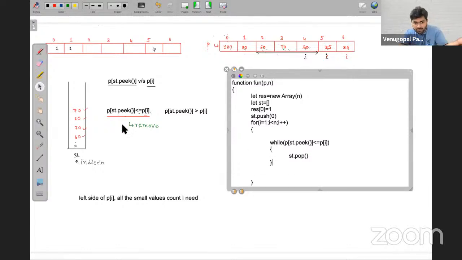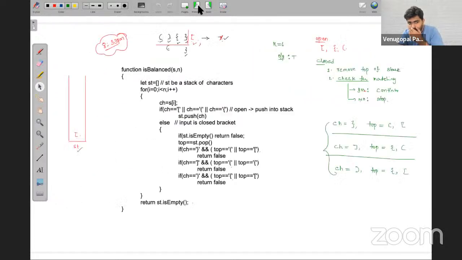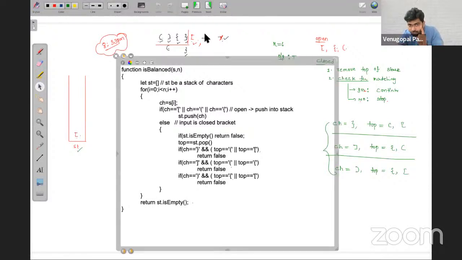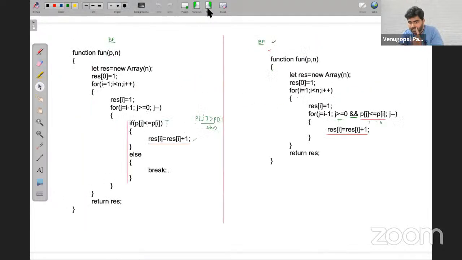Same thing what I said in form of a story, I convert it into code. But one danger is there with this line, friends. What is the danger? If you remember in my previous question also, rather than popping blindly, I am checking whether it is empty or not. Therefore, same thing we need to check here.